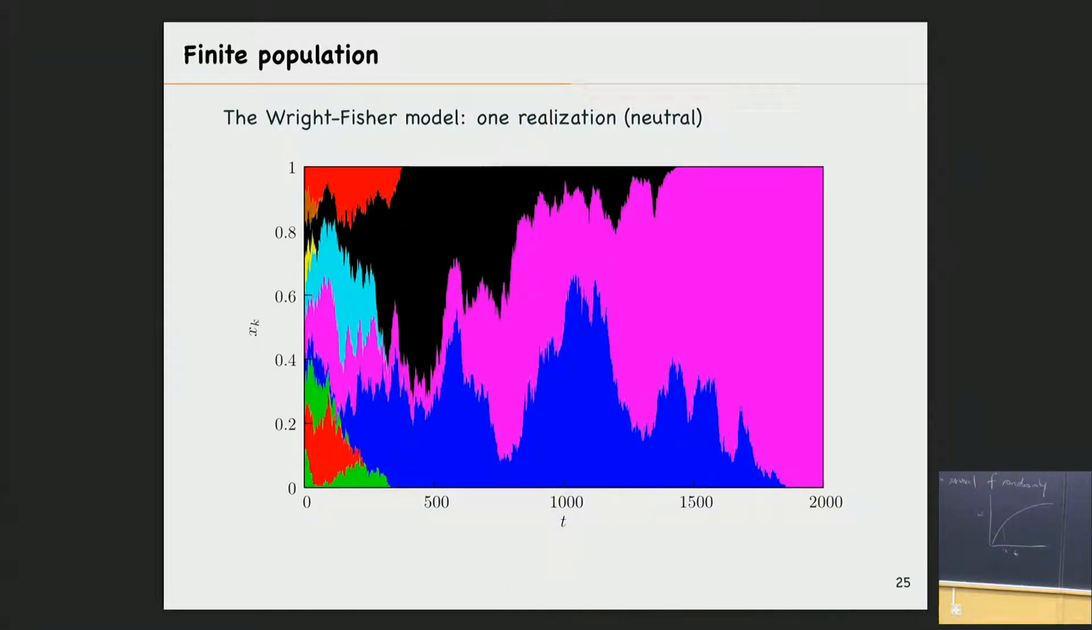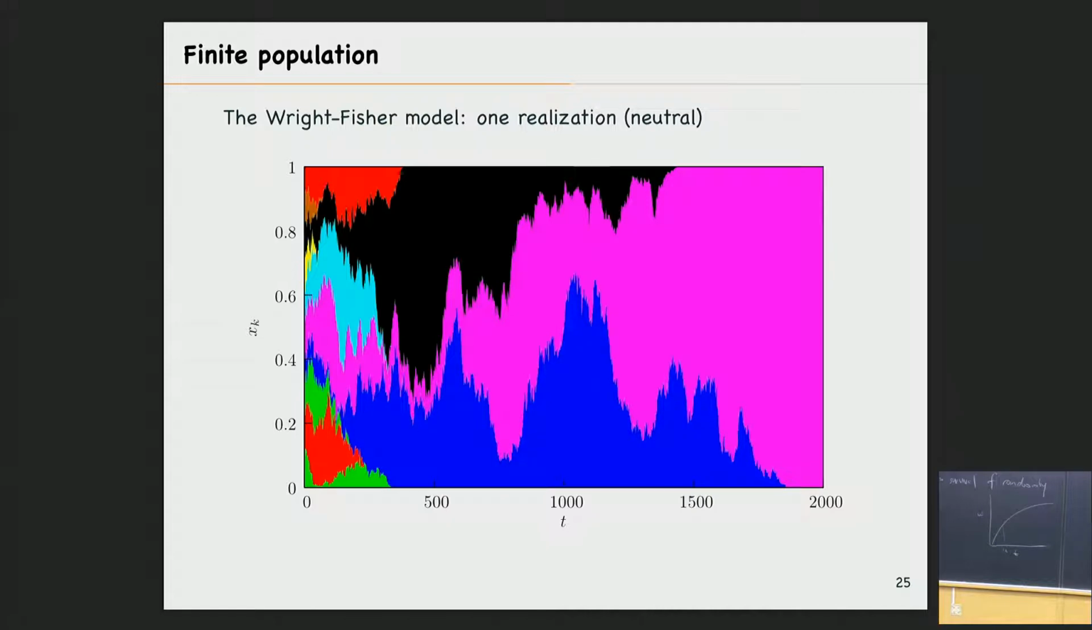Now let's look at one realization of the process. Here I have a population of 1,000 individuals, and here I'm looking over 2,000 generations, and the colors are the different types of individuals you have. Look at this carefully. What you have is that the sizes, the number of individuals having different types